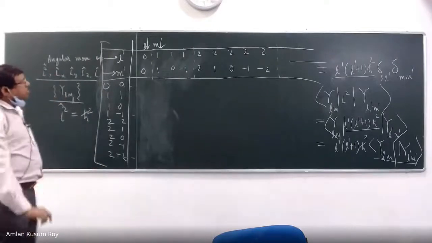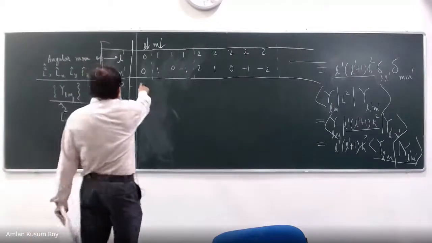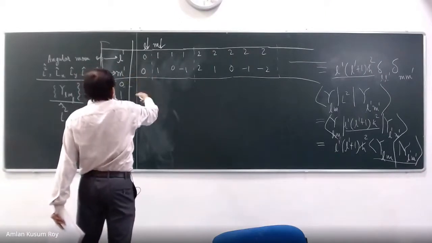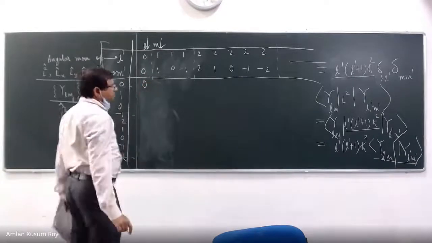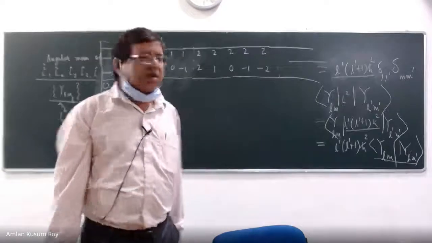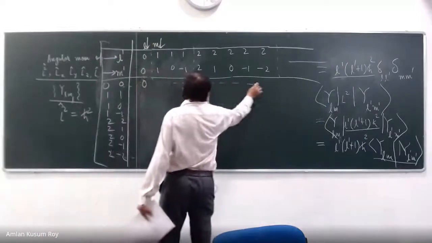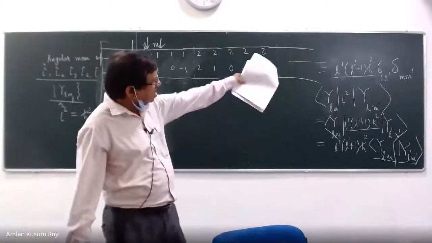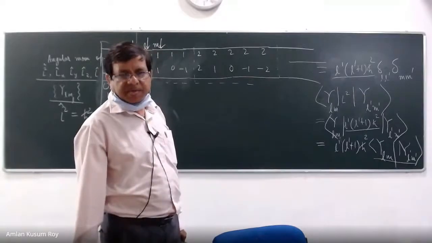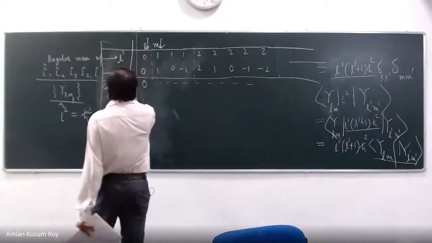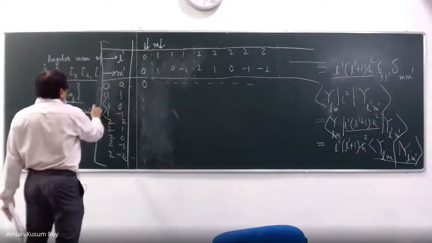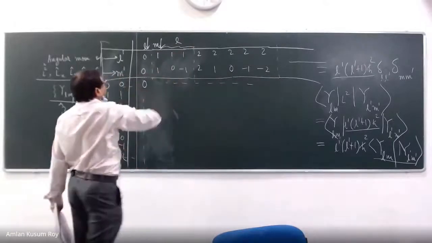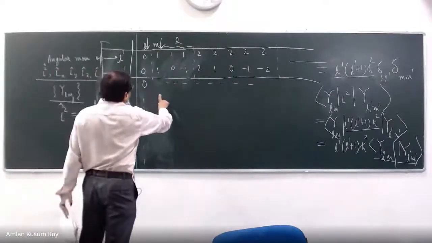So there will be an H cross square. So what should I write? So L prime, M prime, right? What should be the 0? This should be 0. The rest are all 0. These guys are all 0, because you have to satisfy both L is equal to L prime and M is equal to M prime. Now I go to L prime equal to 1. This is my L1 slab. So in this block, 9 elements can be there.